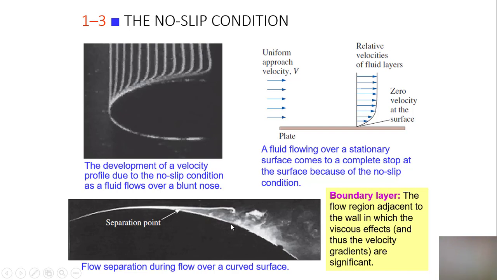And after the separation point, what we see mostly is a flow which becomes turbulent. And once we've got a turbulent flow, this turbulent flow is a region of low pressure. And the region of low pressure will result in this body being sucked backward, creating a force which is known as drag force. So normally when you're dealing with surfaces, we want to make sure that we avoid separation points so as to have a laminar flow around the surface and keep the body moving smoothly without any form